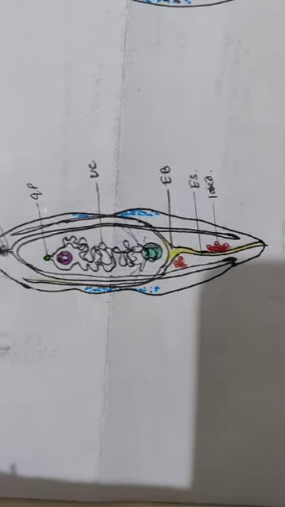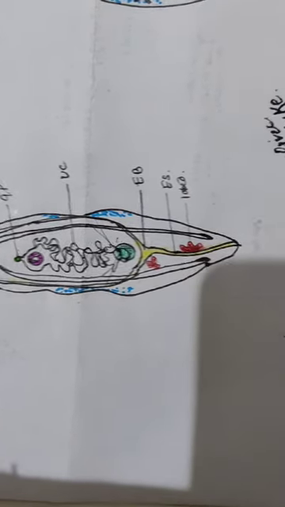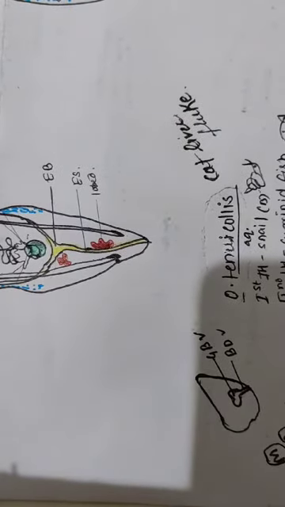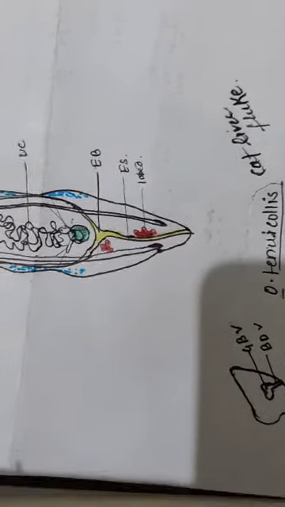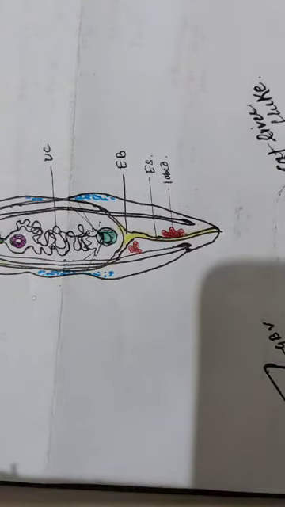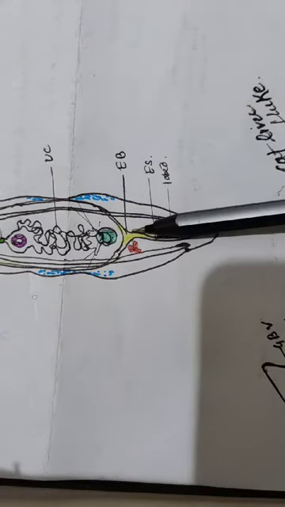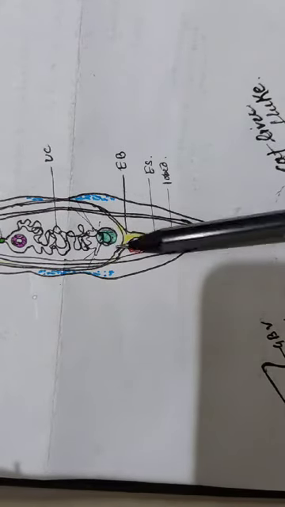So this is all about this Opisthorchis tenuicollis, which is commonly known as cat liver fluke. And the most important characteristic of this Opisthorchis tenuicollis is what? The Y-shaped excretory bladder.